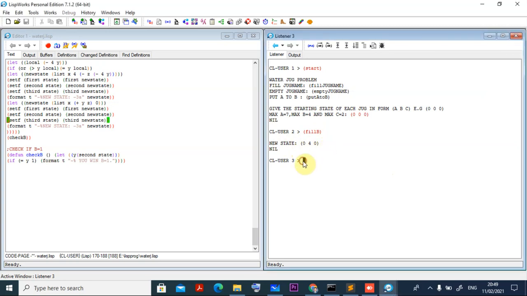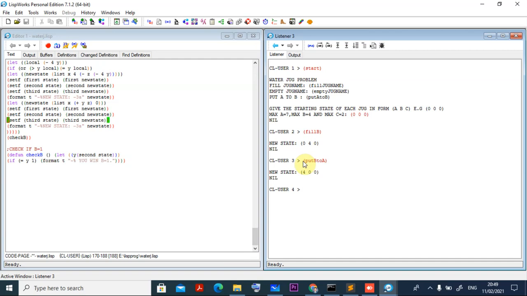Okay, then I am writing this command put B to A, put B to A. So this is the thing I am putting, put B to A, so it is going to a state 4 0 0, right, like that you can go.